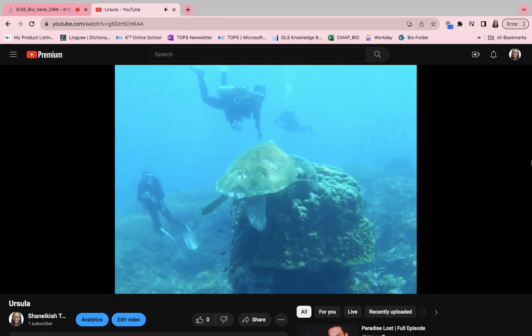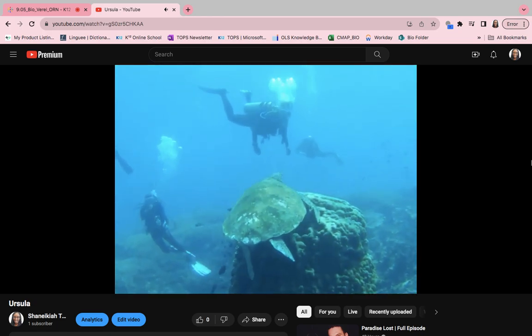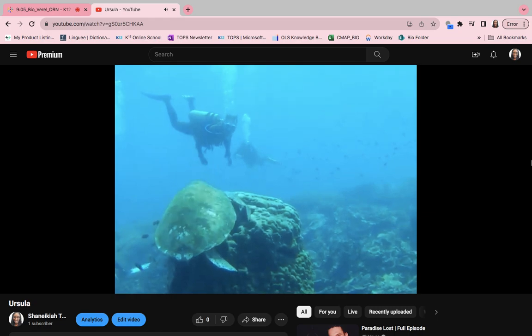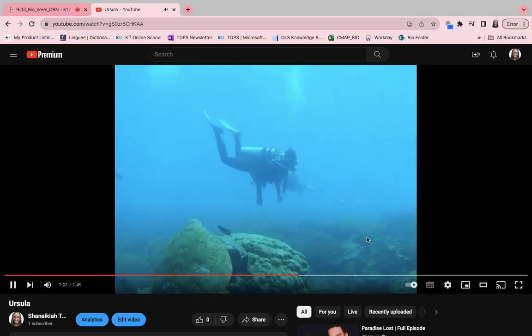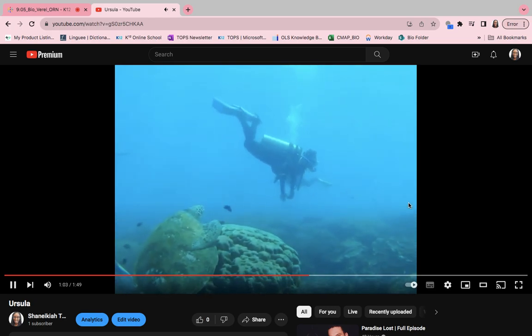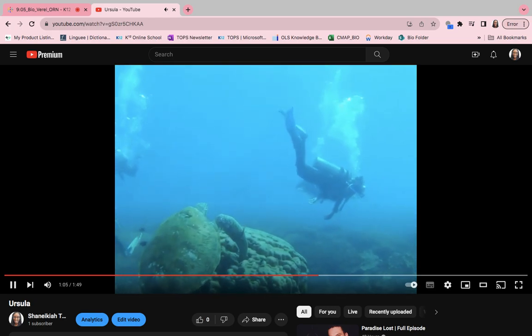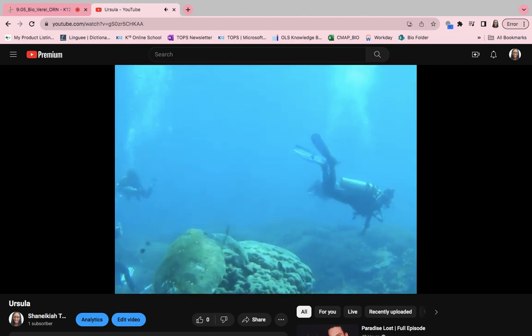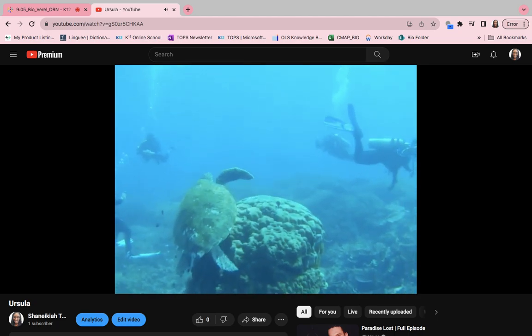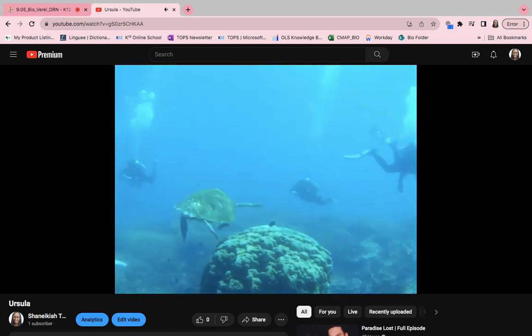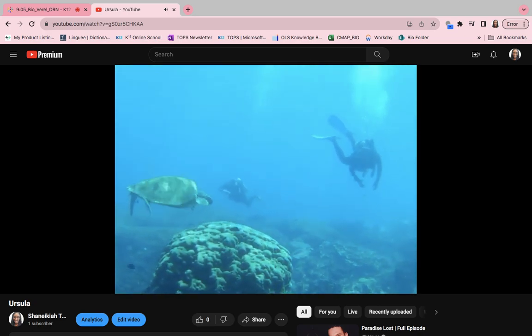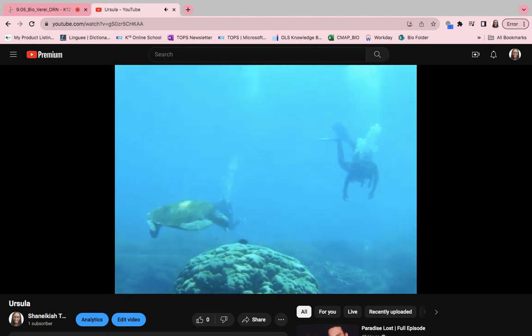So what's happening there, you see how wide the back is? She's actually at what we call a cleaning station. So you see these little tiny fish here? There's a lot of fish like that and even smaller that are coming all around her to eat the algae off of her fins because she can't do it herself. The reason I named her Ursula is because she was being a little bit of a grump. Like you see, they're coming and they're kind of biting and cleaning her, but she's getting really irritated.